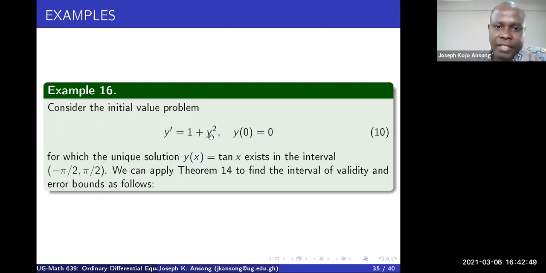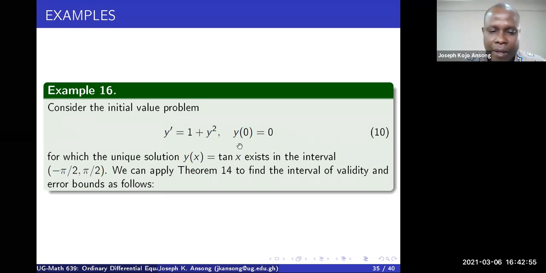We want to consider the initial value problem, right? dy/dx is equal to 1 plus y squared, y at 0 is equal to 0. We can easily solve this to get a solution: y of x is equal to tan x, right? Now, around (0, 0),